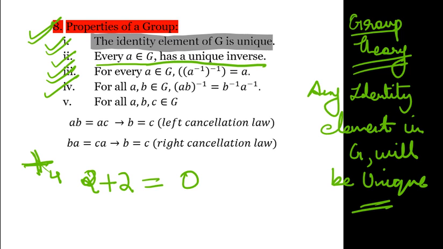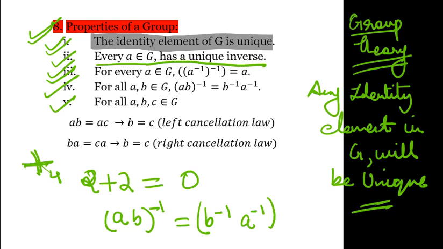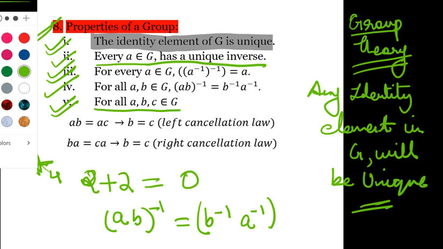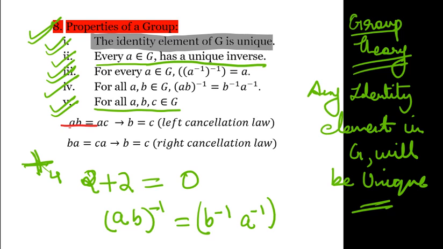For every A, B belonging to G, (AB) whole inverse will actually be equal to B inverse A inverse. That is the fourth part. Moving on to the fifth part. The fifth part is saying for all A, B, C that belong to the group G, mind you, AB will be equal to,